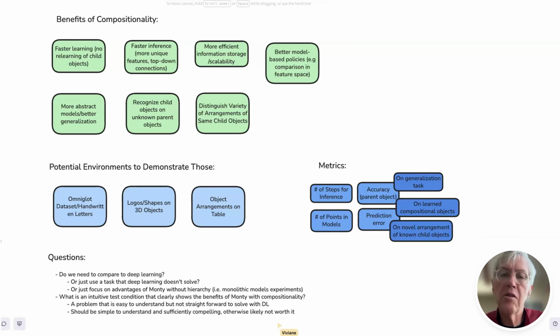So I think the idea here is to spend a few days a week just looking at, if we were to do this, what would it look like? The worst case is we decide, okay, we're not going to do this, but maybe we've thought about some experiments which would be interesting just to convince ourselves that compositionality is working the way we have hoped. Obviously, we have to implement our theories. It's important to have it in the system. Monty has to do this.